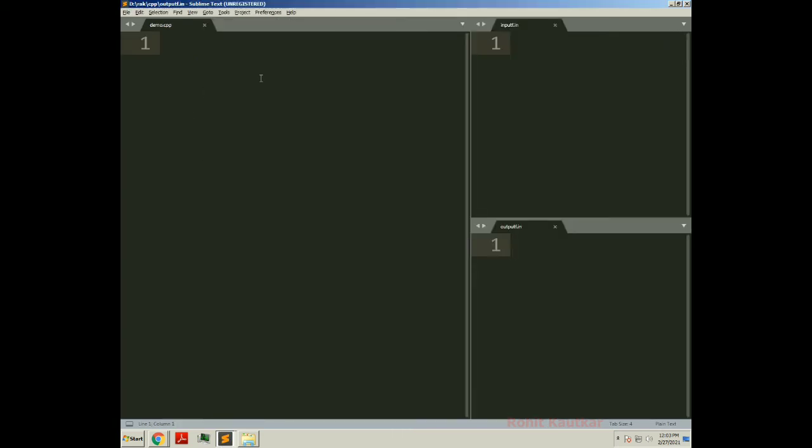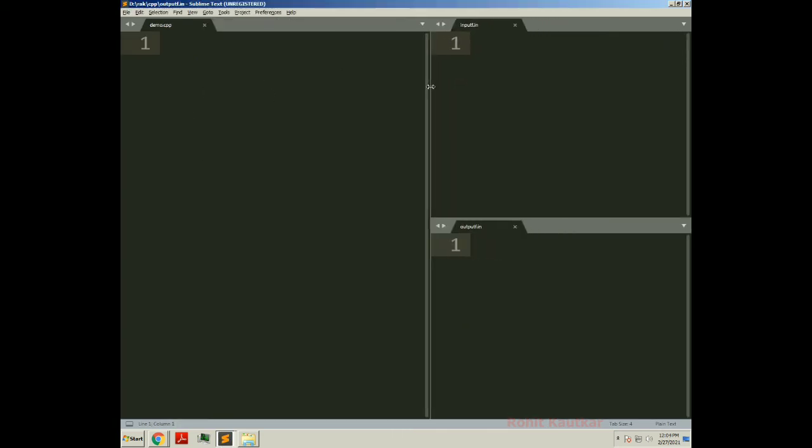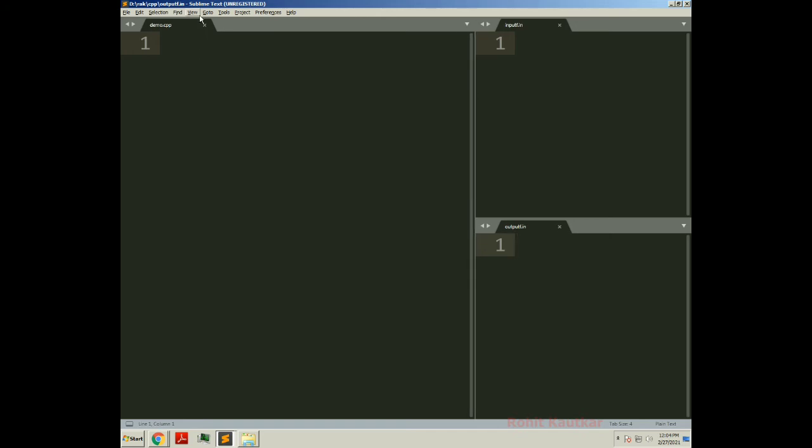So I will switch to our new window. Here I have already created a demo cpp file. Now I will write a simple program.